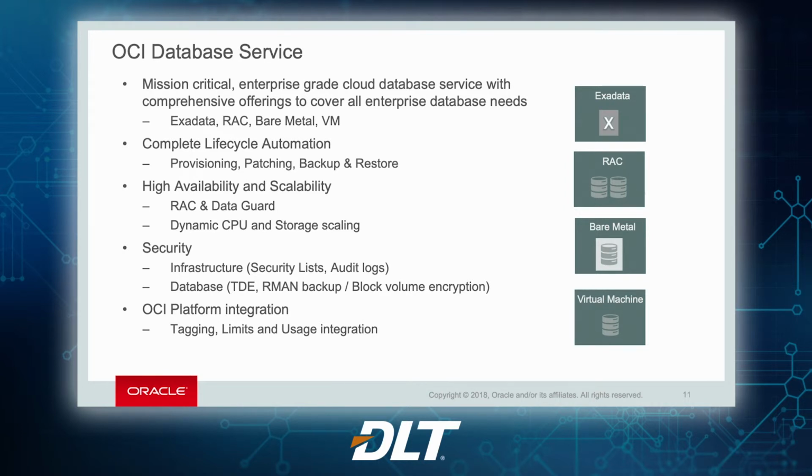And of course, we're always focused on security. That security rides on top of our Oracle Cloud Infrastructure security lists, audit logs, and then we inherit some other things for database, which we haven't talked about a whole lot yet, which is tagging, limits, usage integration. So, in a cloud broker type of scenario where you need to charge different organizations for their cloud utilization and so forth, you have this tagging infrastructure, and then you can pull utilization information based on tags and so forth, and that level of usage integration.